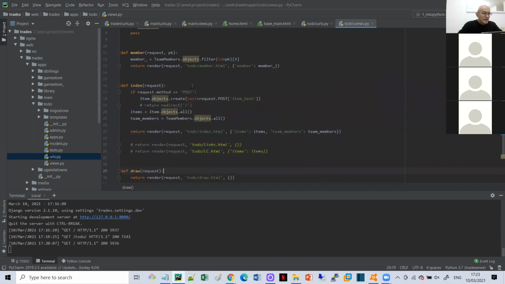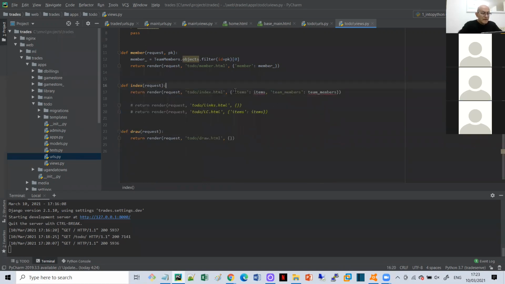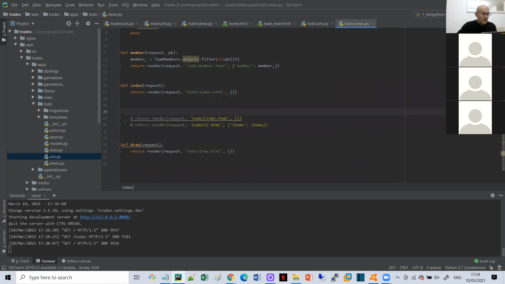I'm just going to make the function a little easier. I'm going to delete everything here. So it's really like a simple view. Erase those ones as well. Let's leave those. They don't do anything. By the way, when you have the hash here, it means it's ignoring me. This is not working anyway. Okay? So this is just a simple one, but let's go look at the index template, HTML, in the todo